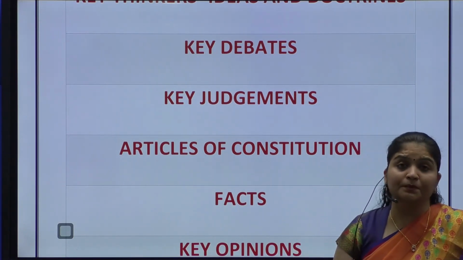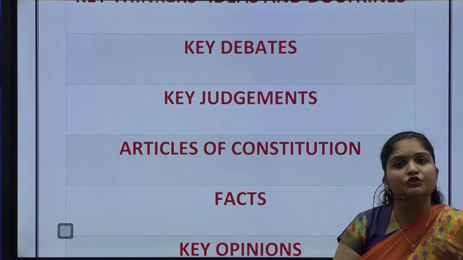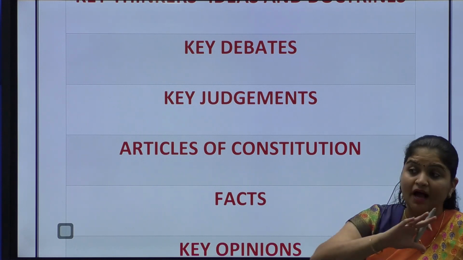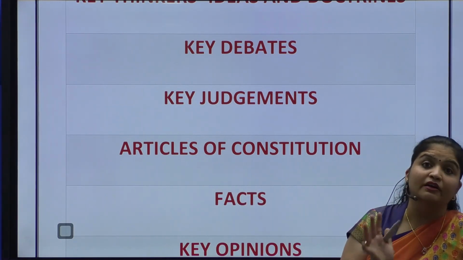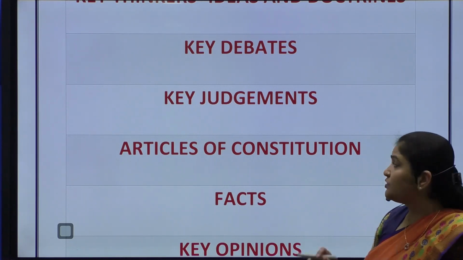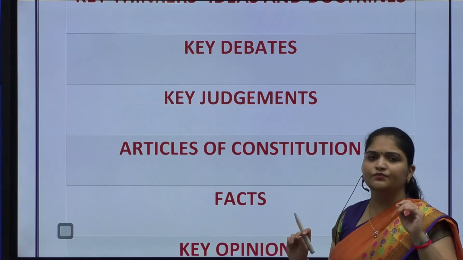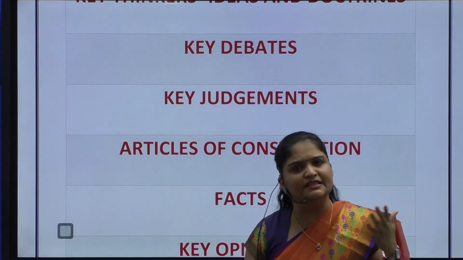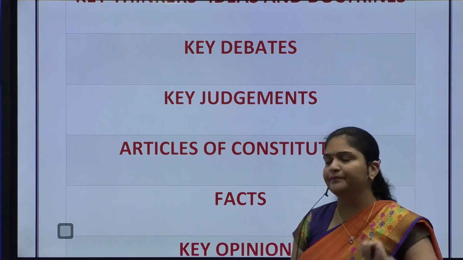Now, specifically UPSC is also asking about evolution, for example, environmental jurisprudence, okay. So you have to know how the judiciary has viewed this entire environment as an issue. So in this context, key judgments become very important. Have a list. Keep revising them every alternate day. In 15 days, it will all get internalized, okay?